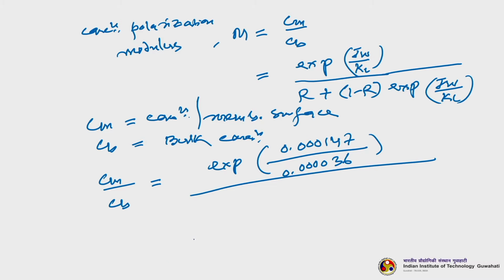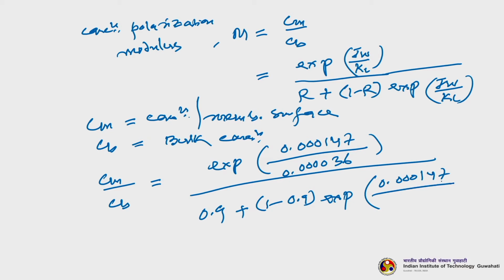So, divided by 0.9 plus 1 minus 0.9, again exponential to the power of 0.000147 divided by 0.000036. So, this comes to